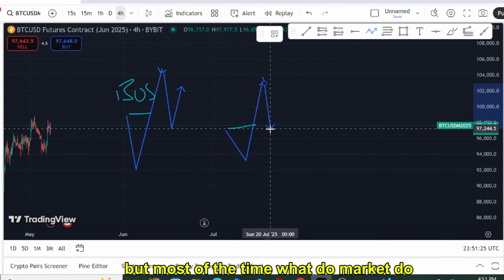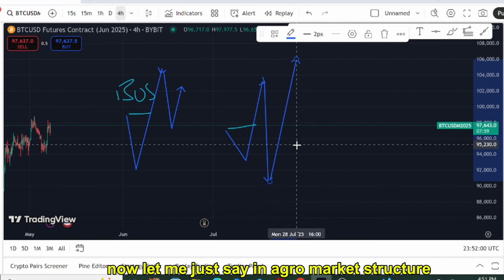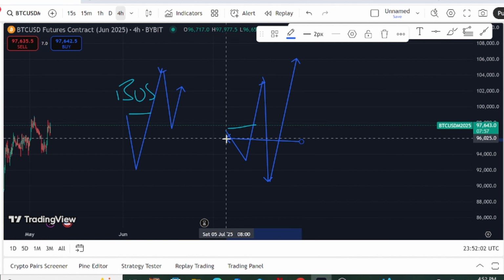But most of the time, what the market will tend to do is take out this particular high and then boom, right? Now, if you put your stop loss right here and then enter from here, you will tend to lose a lot of money because the market will tend to take this out. Now for algo market structure, let me just say what will happen is